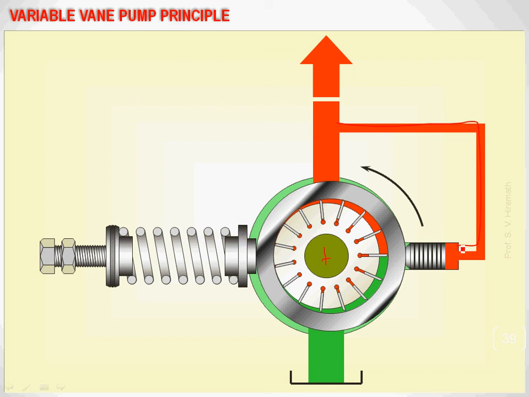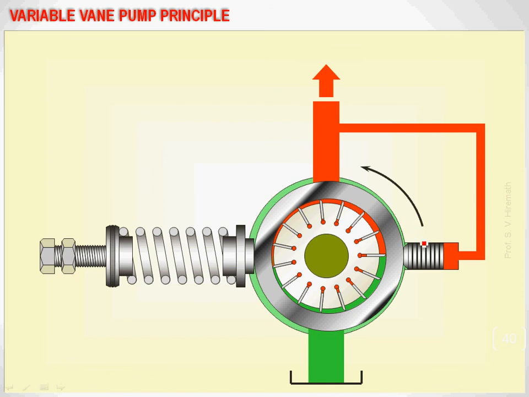When this piston force is greater than this opposing spring force, the cam ring is going to be shifted towards the left side. That means the eccentricity is going to be reduced. Whenever the eccentricity is reduced, obviously the flow is also going to be reduced, right? Again, if you have a higher pressure here, it is still going to compress the spring, and again I am going to get lesser eccentricity,